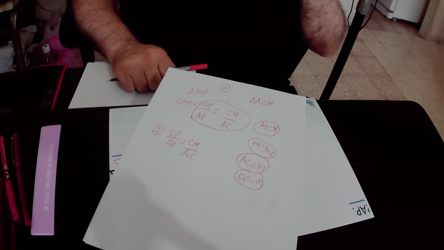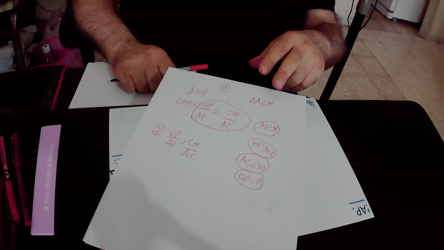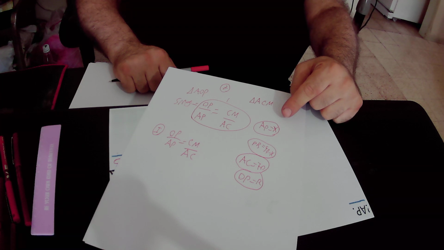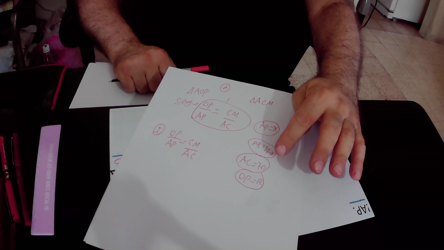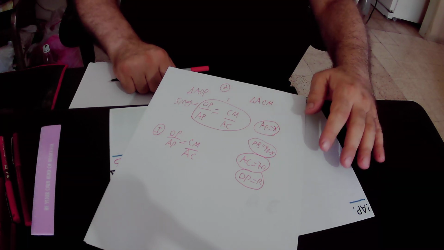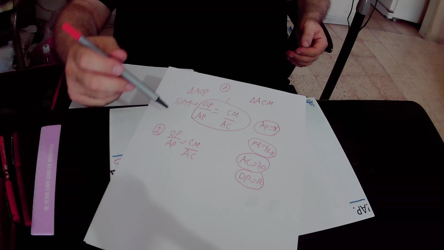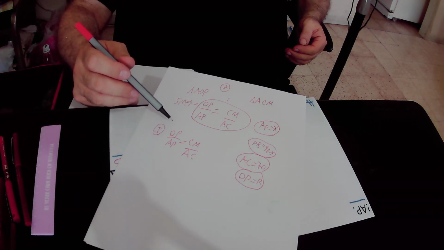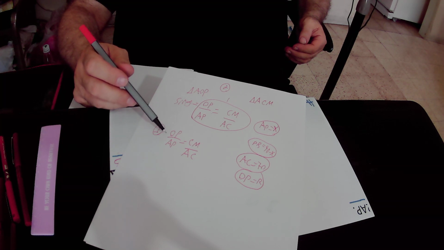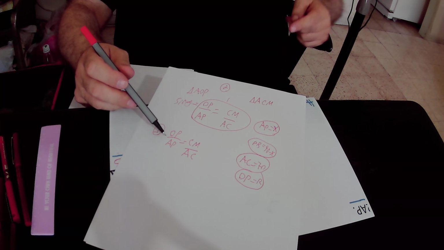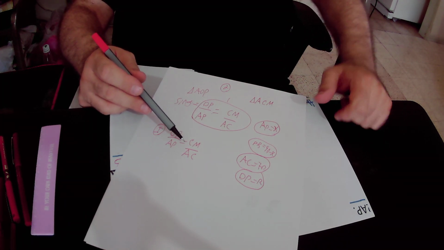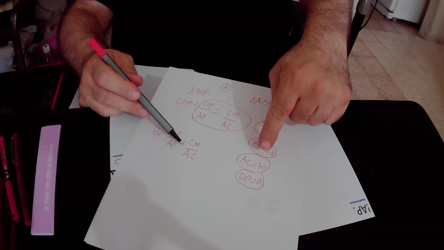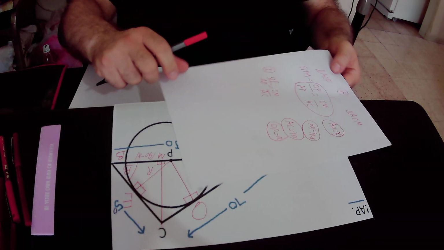But as you can see here, AP equals to X, OP equals to R, and AC equals to 70. So we can substitute OP by R. We can substitute AP by X because AP equals to X, and we can substitute AC by 70 because AC equals to 70. Okay,